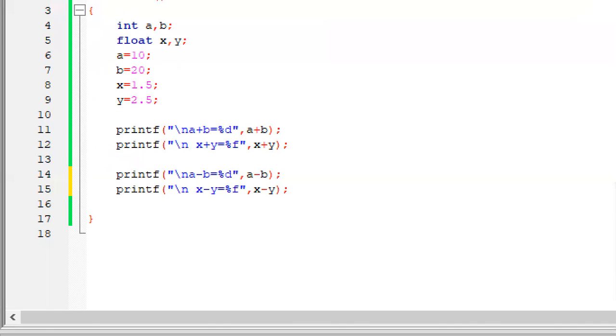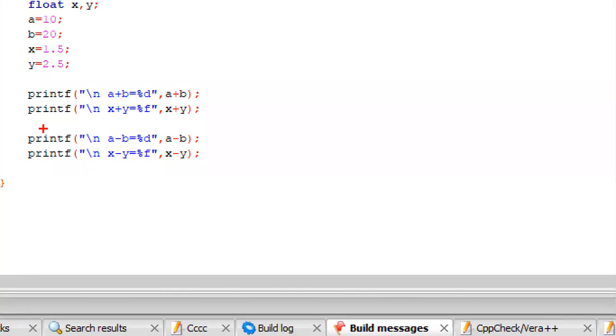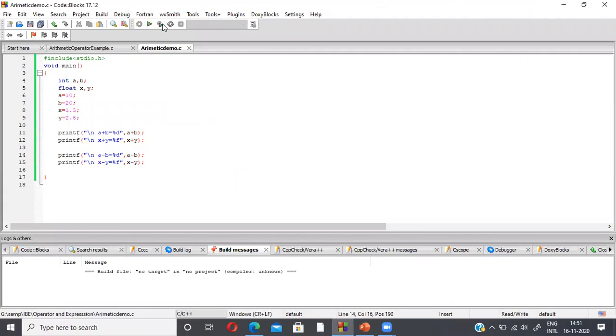Now what will happen here? The subtraction will get printed. Like addition, the first set is for addition, and now this is subtraction. I'm printing the value a minus b equal to percentage d. The value of b will get subtracted from the value of a and the value will get printed, and the value of y is subtracted from x and it will get printed. We'll run the program and check the result.